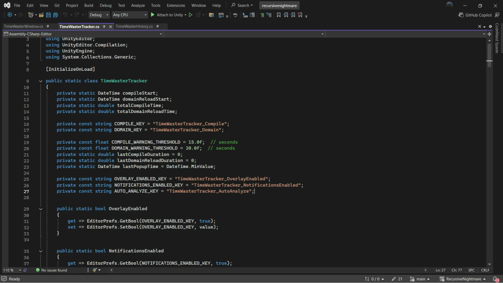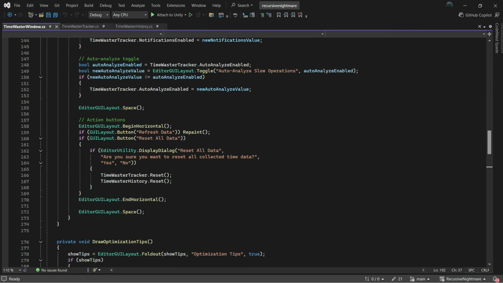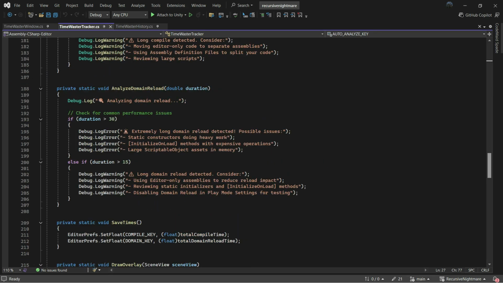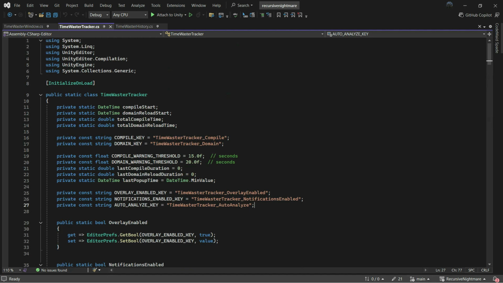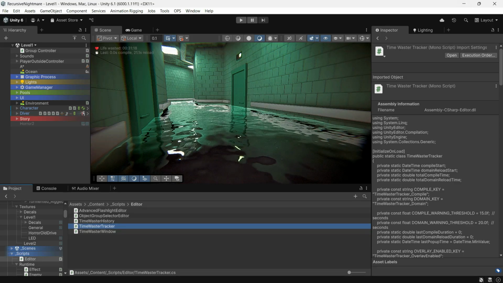Time Waster Tracker, the main logic behind everything. History Tracker keeps track of recent compile and reload data. And Time Waster Window draws the editor UI. There's a lot going on under the hood, but I will keep this video short and jump straight into the